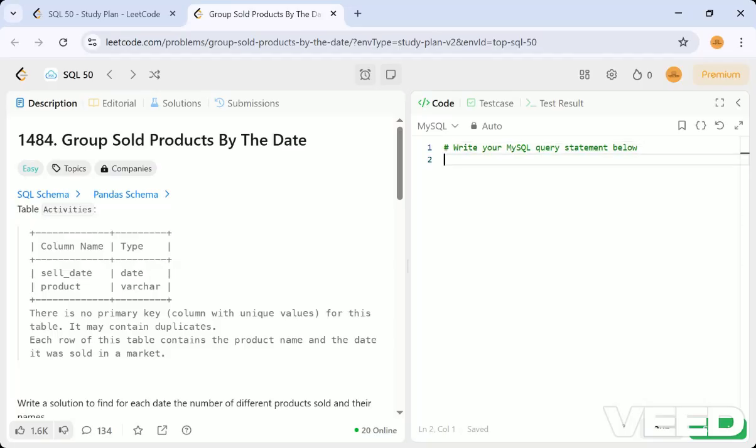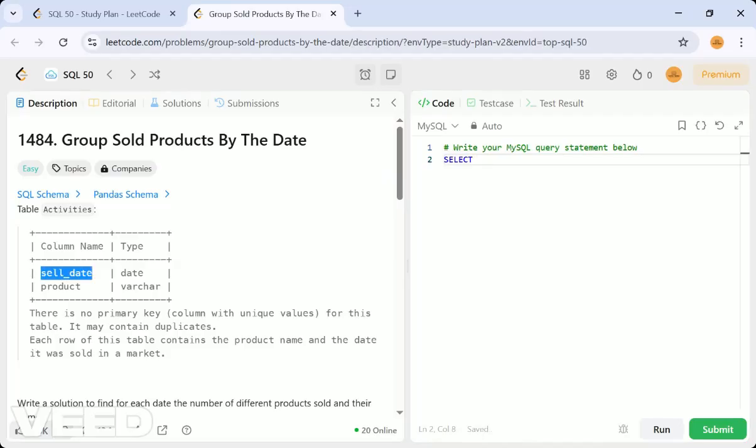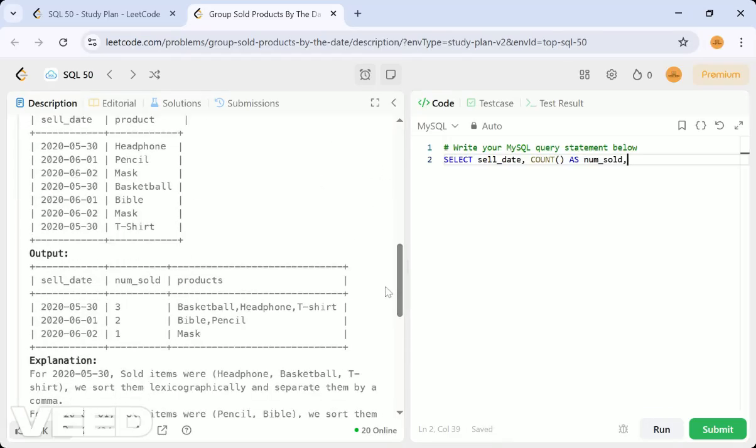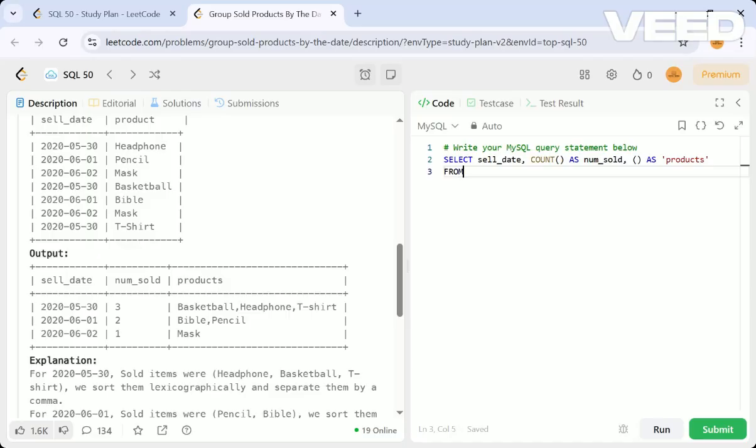So let's see how we can solve this in a query way. Select. What they want us to select is, one, sell date, at what date they have sold. Next, the count of the number, they want as num_sold. And next, as products, what they want as products, all from which table?